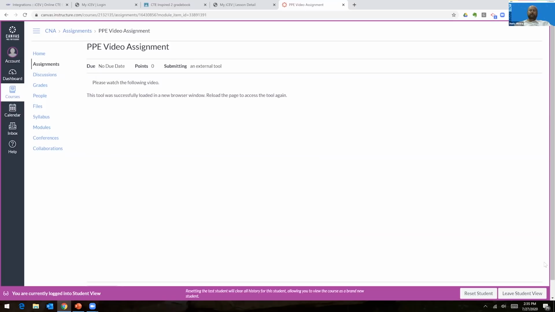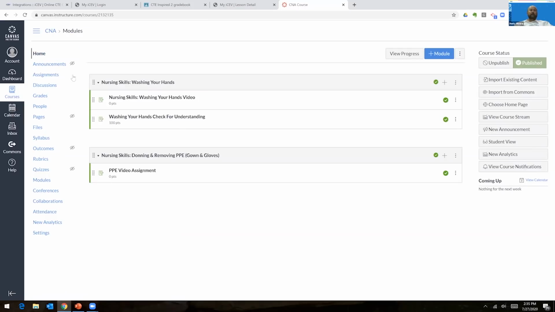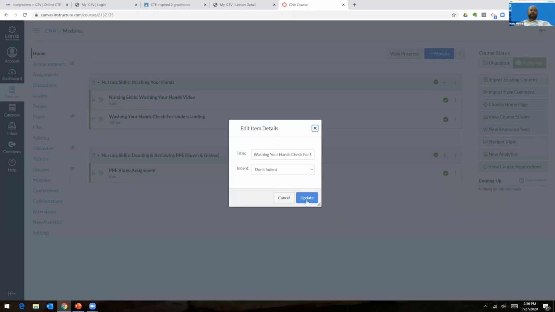Let me exit out of the student view real fast. If we go back, I've already set up another assignment that shows the assessment, and let's look at those settings. So here's your washing your hands check for understanding. This is one of our interactive activities that actually provides you a grade and feedback on how the student has done. But whenever I go in to edit that assignment,